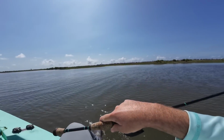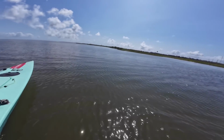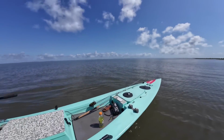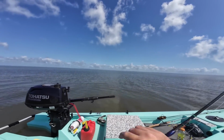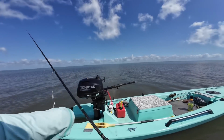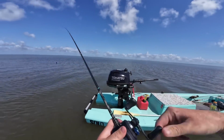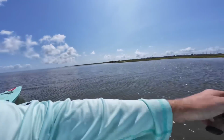Oh, just pulled up to another little spot here. I wasn't gonna fish it, but like I said, if I see bait, might as well get out. What is that? What in the world is going on out there, guys? Oh my gosh. Was that a dolphin chasing something? A shark? Redfish? Jacks? I don't know, but